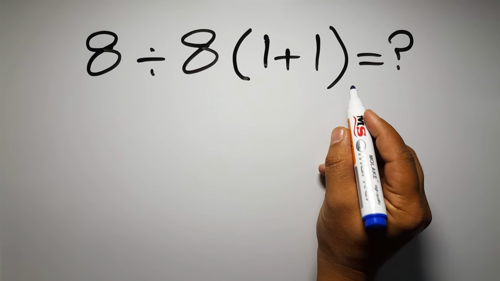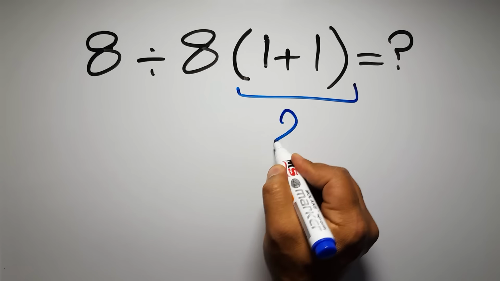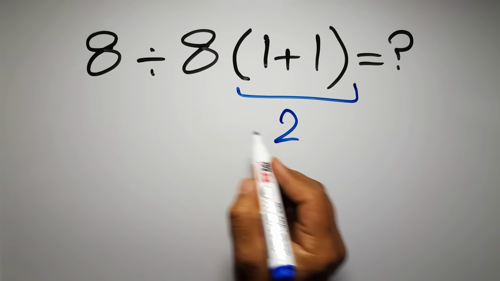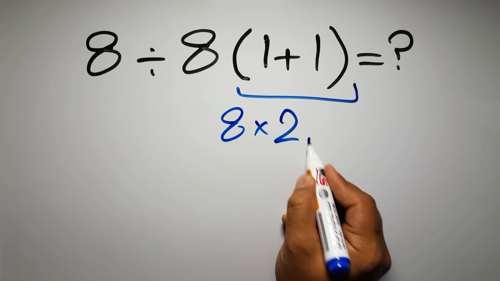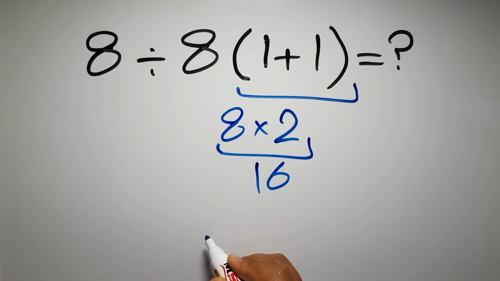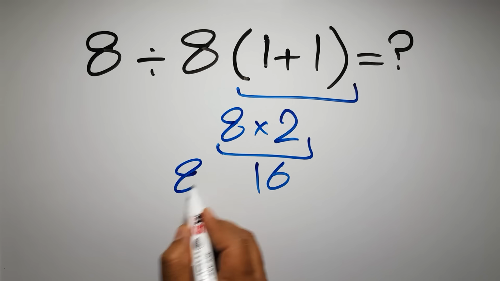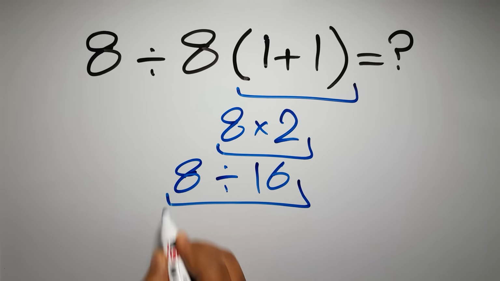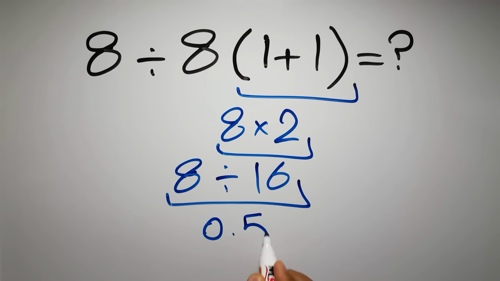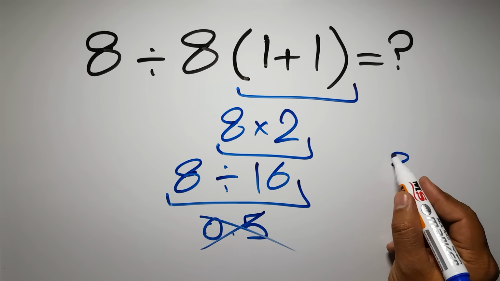1 plus 1 gives us 2. And 8 times 2 is just 16. So 8 divided by 16, which gives us 0.5. But this answer is not correct, because according to the order of operations, first we have to do parentheses,